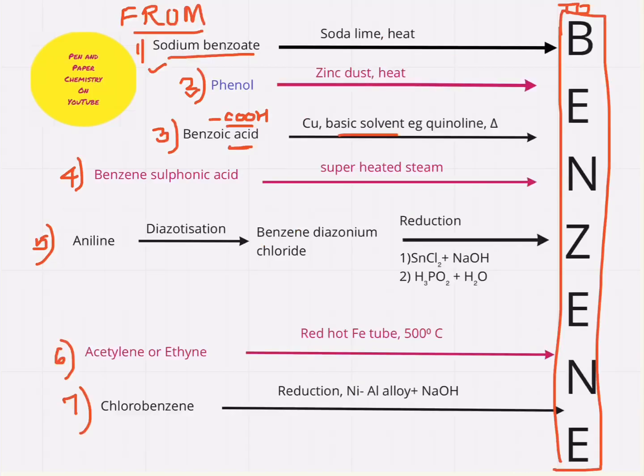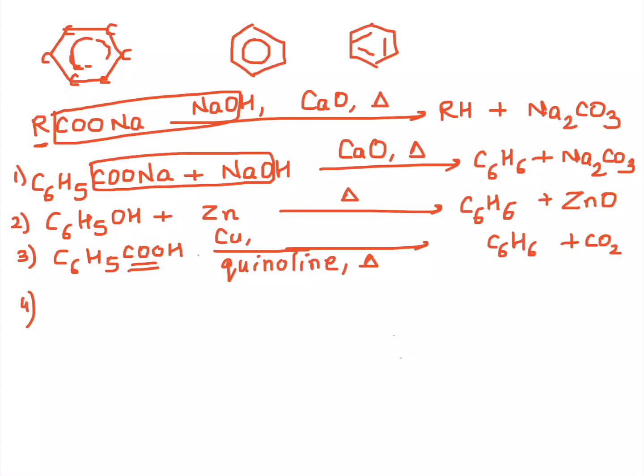Now let us see what's the next one. We've got benzene sulfonic acid. So sulfonic acid means what is the functional group? Let me tell you that first. Sulfonic acid, SO3H, and benzene. So it cannot be C6H6SO3H, right? Because C6H6 is itself stable. So what do we do? It will be C6H5. Perfect. So let's start writing the reaction over here.